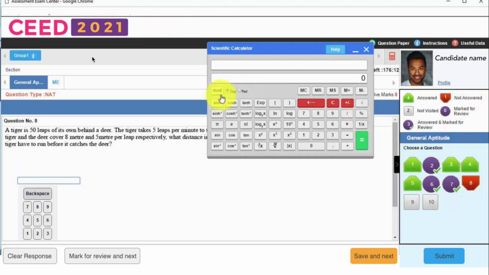As soon as you land on this interface, you will see a SEED logo in the corner somewhere here. You will see that this entire program is opened in a browser. It could be Google Chrome or any other equivalent browser. Also, you will see groups of questions over here. Another important point is you will see your own photo here, which you have submitted at the time of the form. You will see your name and the profile. If you click on the profile, you will see your ID card number and stuff like that.